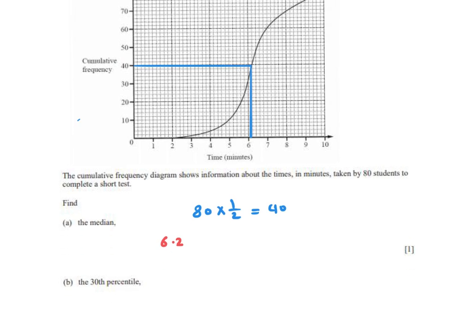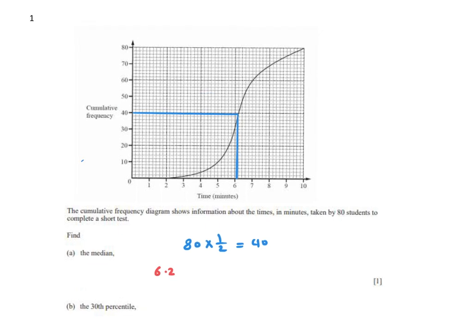We need 30 percentile. To find 30 percentile, multiply 30% times 80 to find the order of the 30 percentile. So 24. Now from 24, from 0 to 10, we have 5 lines. So each small square represents 2. So 24, this 24,